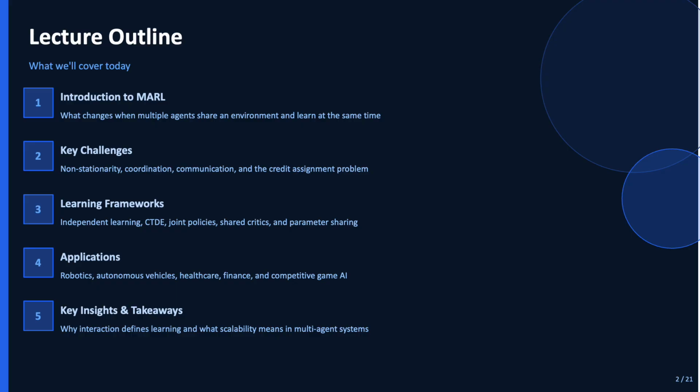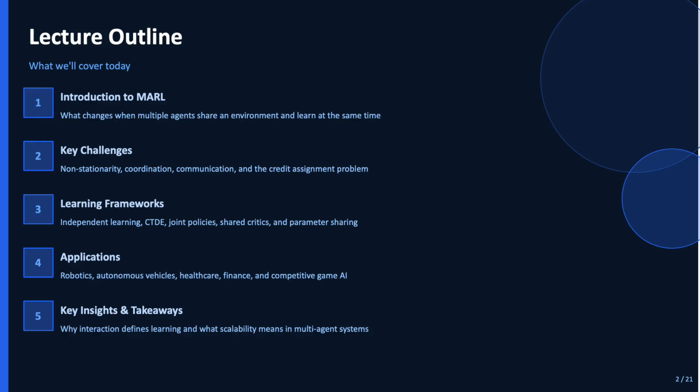Multi-agent reinforcement learning is a study of what happens when multiple learning agents share the same environment, each pursuing its own objectives, while influencing every other agent's experience through its actions. This is fundamentally different from single agent settings we have studied so far. Because the environment is no longer a passive backdrop, it is actively shaped by the decisions of all agents simultaneously, making the learning problem significantly more complex.